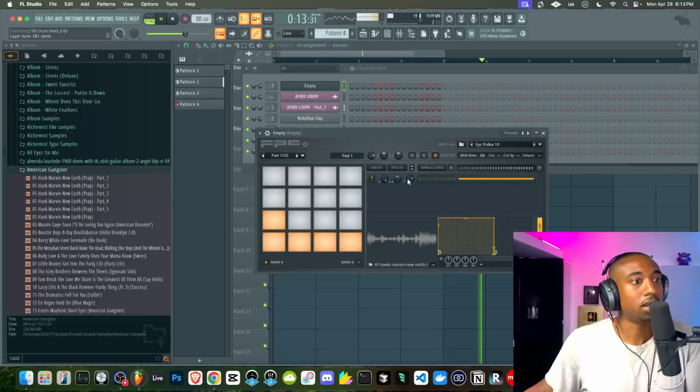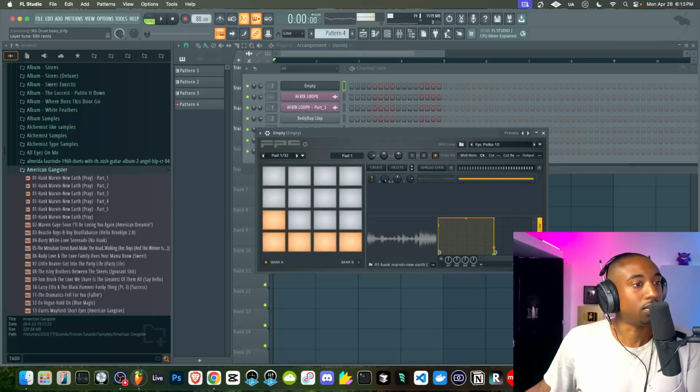The only thing is we can't copy this value, so we have to look at the value in the top left. So it says 600 cents. I'm going to read the value here and make sure these are all 600 cents so that each chop does not sound out of key. Very tedious, but in the top left, it says 600 cents. So when you are trying to produce like the 90s, it will take more time.